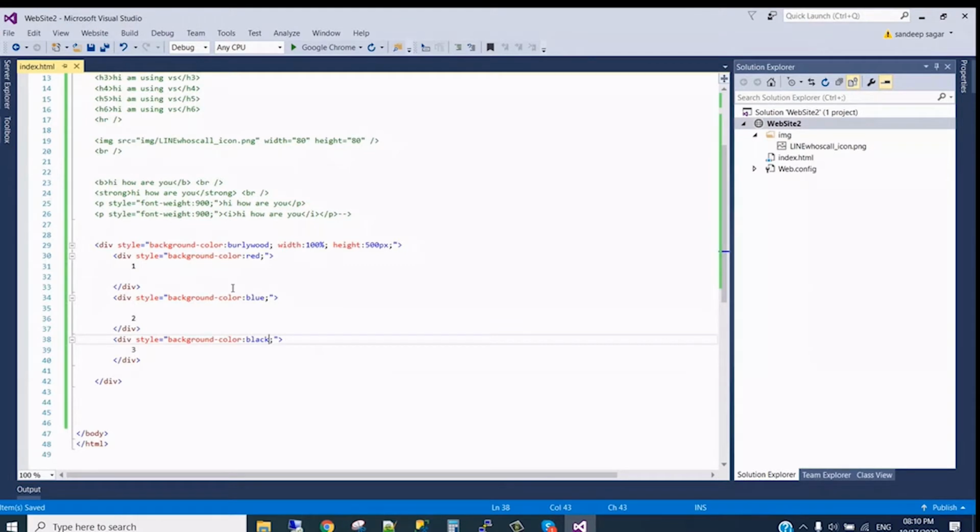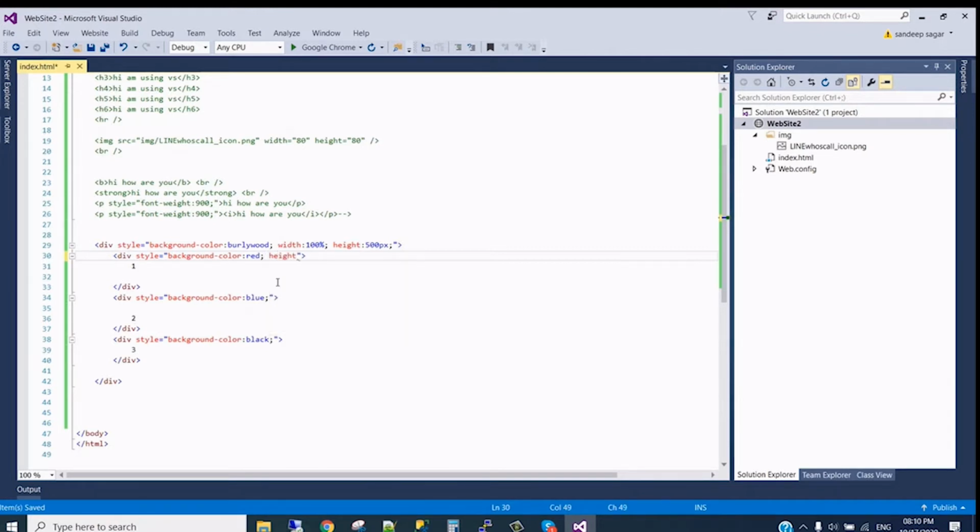But for height, we need to give how much height of the website we want. Since we have 500 pixels, you can give the height in pixels, or you can also give the height in percentage. Anything you can give.